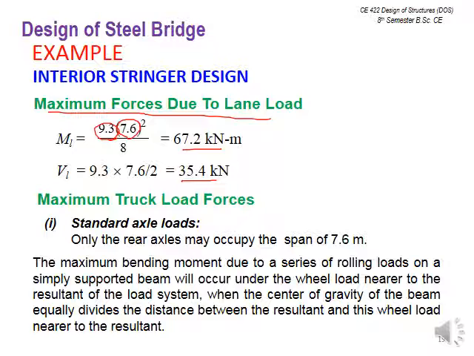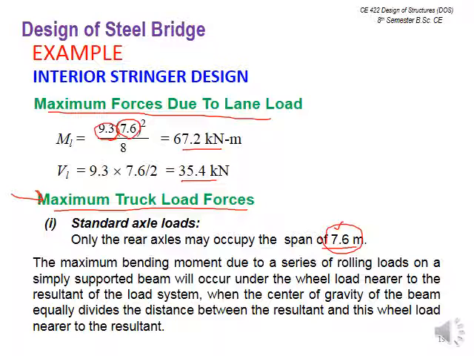Next, you have to do the live load analysis using the standard axle load and tandem load. For the maximum truck load forces, meaning axle loads, you can input the values. The only difference is that your span is 7.6 meters. If you try to put three wheels, two rear and one front, on the stringer, in that particular span it is not going to be accommodated. It's 7.6 meters, so it is not going to fit in the lateral direction.